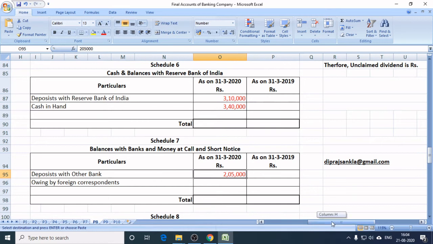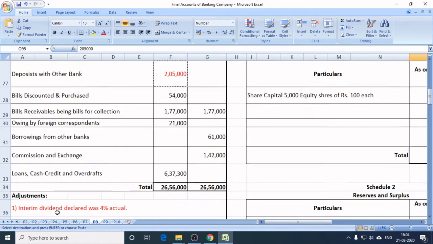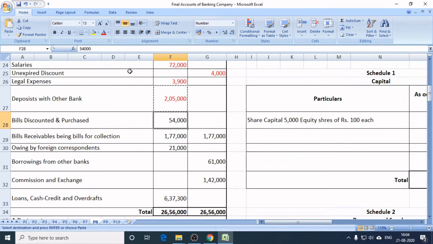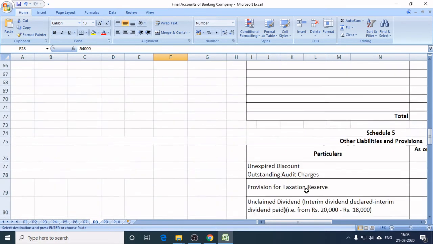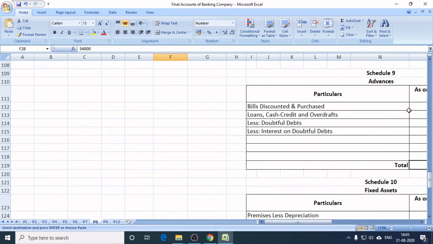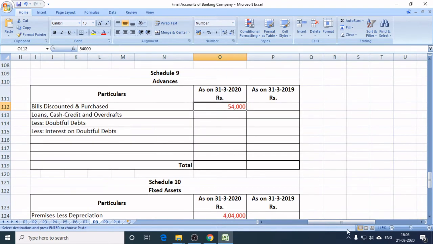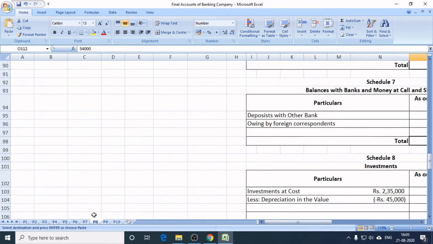So 2,05,000. Okay, next is bills discounted and purchased. It is bank's advances. So it will go to schedule number 9. Bills discounted and purchased 54,000 rupees. Next in the problem is